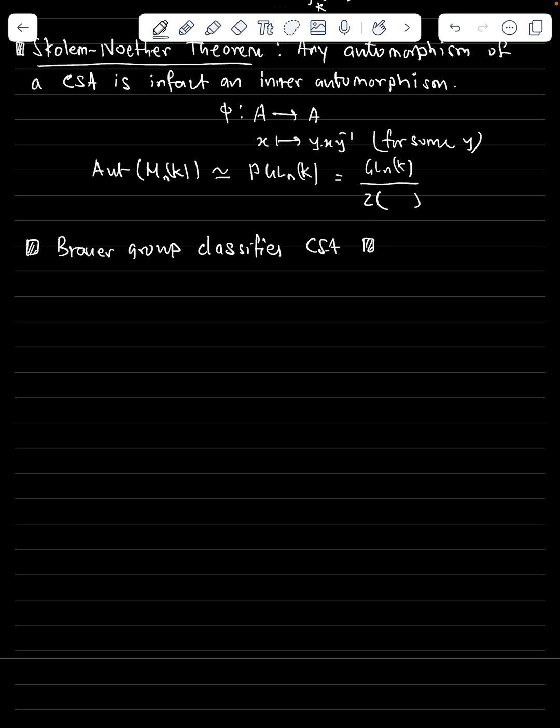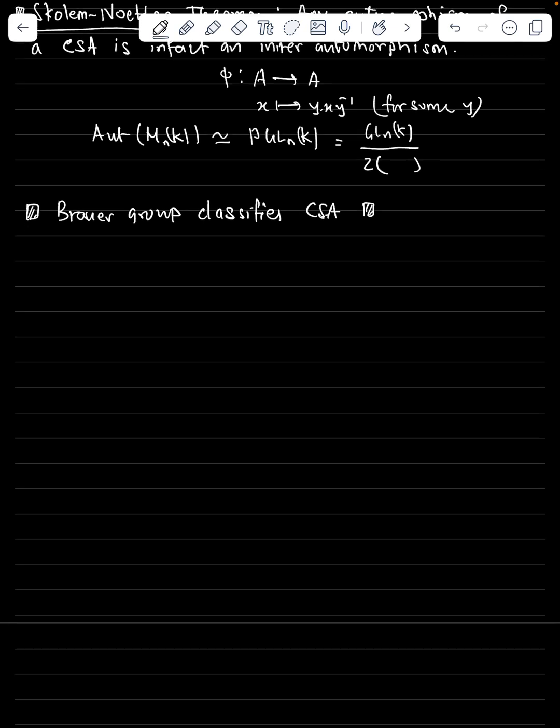And what does it mean? It means that say you have a field K and you take two central simple algebras of finite dimension. If A and B are two central simple algebras over K of finite dimension,